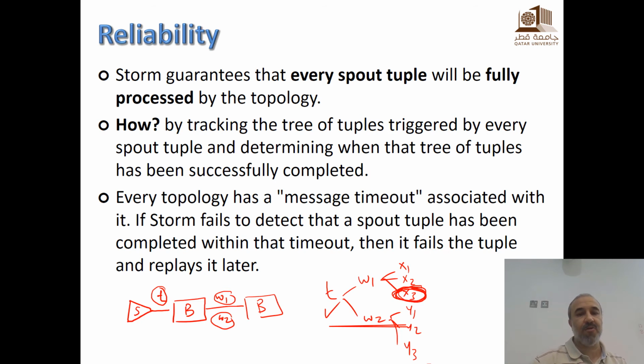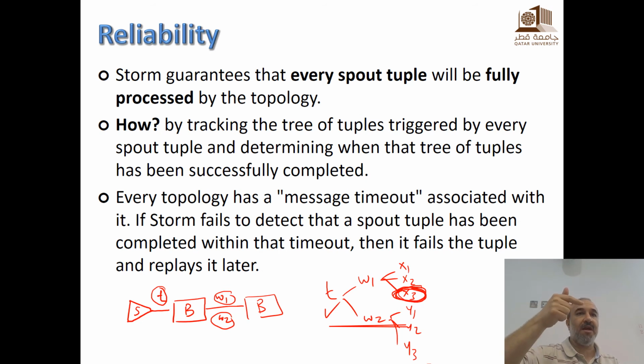Okay, so this is how Storm maintains its reliability, which means that every tuple will be run at least once. There is also a mechanism within the API which allows this, called ACK or fail. These are functions that the user can provide, and they will be called by the system.